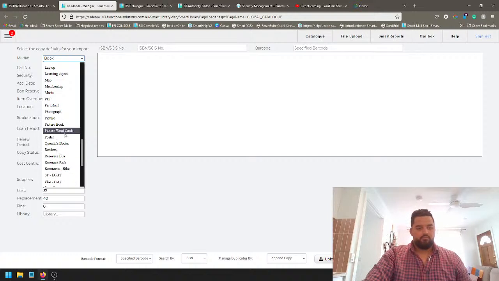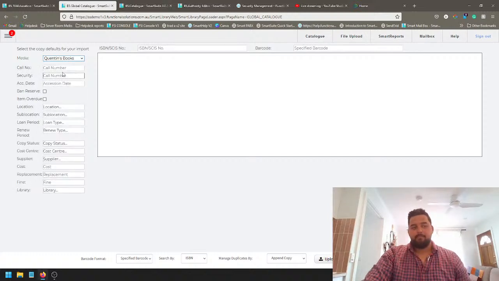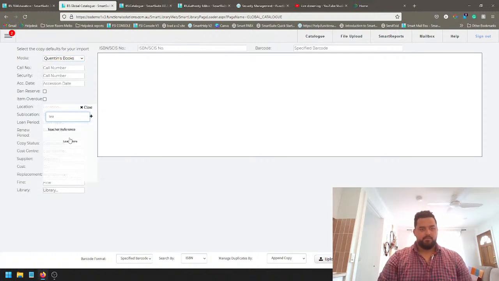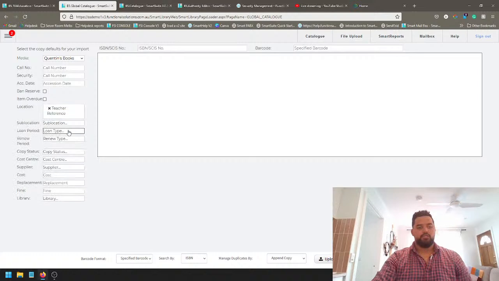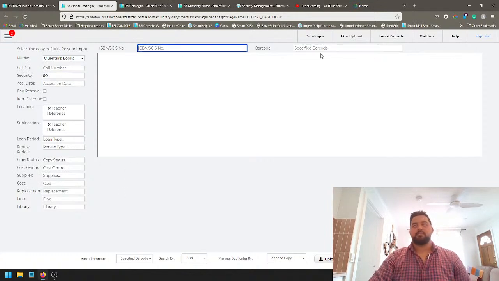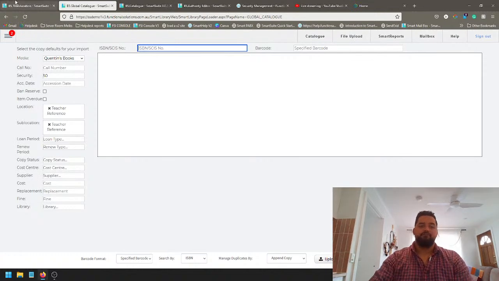No. Let's just use Quentin's books. Okay, you can then set this here, teacher reference, that's my location. Teacher reference, you have your security up here, we can set that to 50. Now that just means when I then import records from SCIS or any other database I've set up, they will come through with the security of 50, so that when students are viewing the catalog,